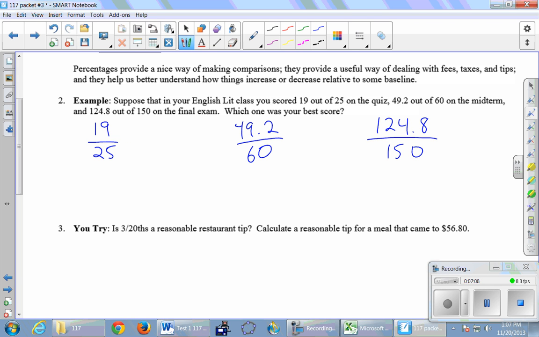Now we're going to do this first one like this: equals some number x out of 100. And then there's going to be a shortcut that we can use on the other two. But if you don't know the shortcut, or if you're not quite sure on a test, that's your basic definition. Something out of 100, that's what a percent is. So I currently have x divided by 100. I need to solve for x, which means this 100 needs to get out of the way. What's the opposite of dividing by 100? Multiplying by 100. So we're going to multiply both sides by 100, and then cancel the hundreds on the right-hand side. And then use your calculator to calculate the left-hand side.